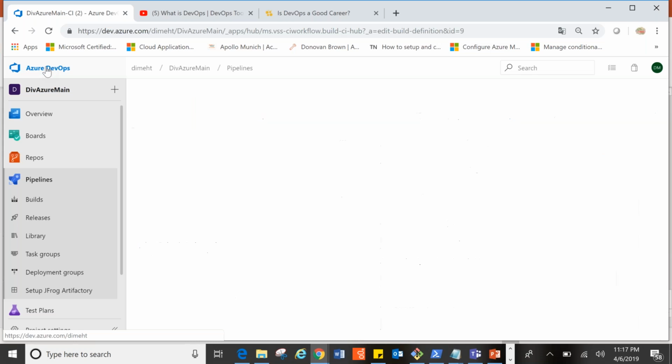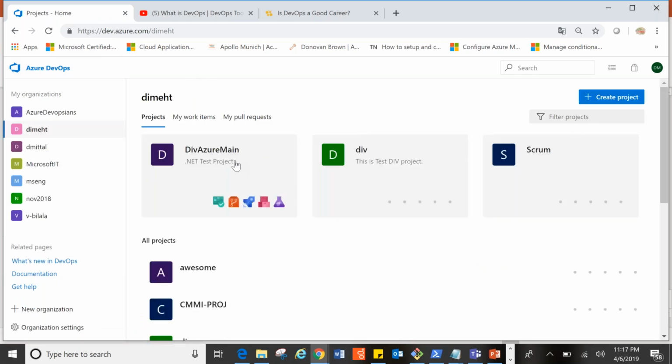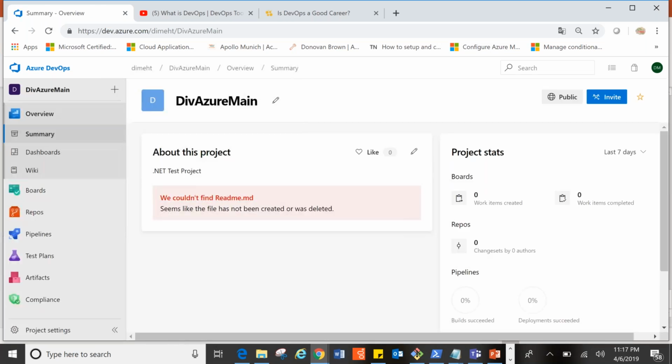Okay, if you just log in for the CI/CD, it will come like this. Okay, these are kind of projects. I'll go to this project. This is the example which I am showing you today. Okay, so this is the project, and